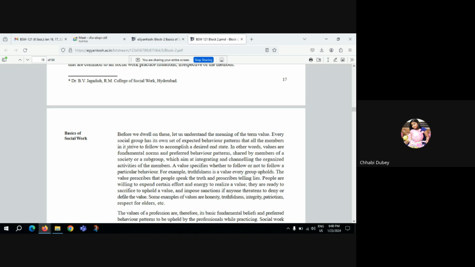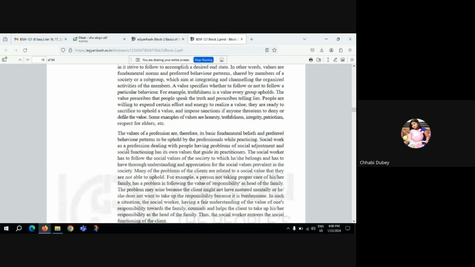People are supposed to speak truth, and people are also willing to expend certain effort and energy to realize a value. They are ready to sacrifice or uphold a value, or impose sanctions if anyone threatens to deny that value or to defile the value. Then we come to the basic fundamental belief,